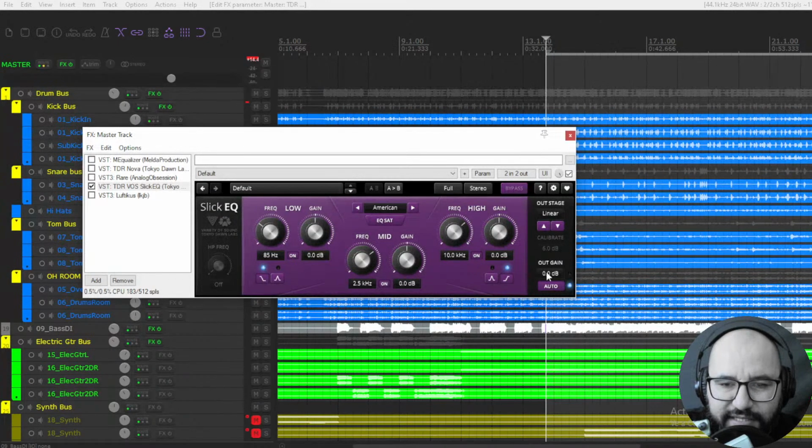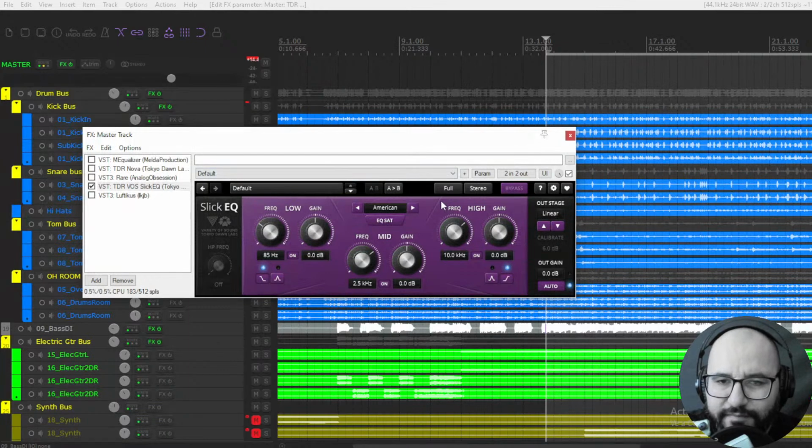And also the cool thing is that it has auto gain. I remember back in the day that it wasn't common on most plugins, and I thought it was fascinating that this plugin had it, right? And it was for free. So when you boost or cut a certain frequency, the output volume remains the same, and you can really know what you are doing to the audio, not based on loudness. I think it's a pretty cool feature by this SlickEQ.